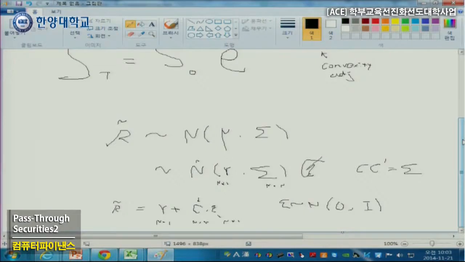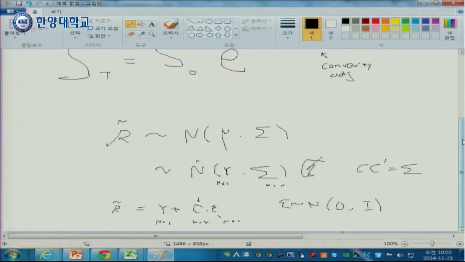Basically, we have to find the C matrix such that C multiplied by the transpose of C becomes the variance covariance matrix. And then for this C matrix, there are